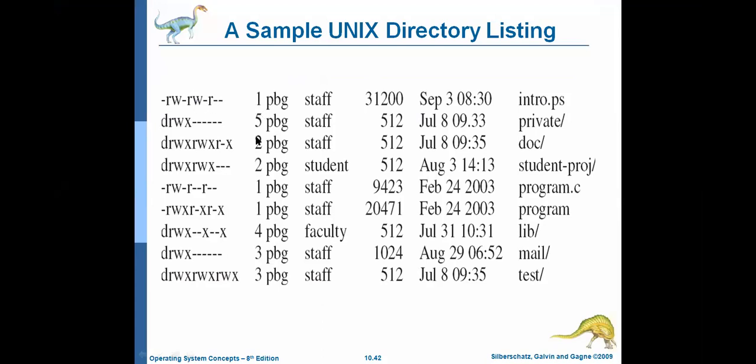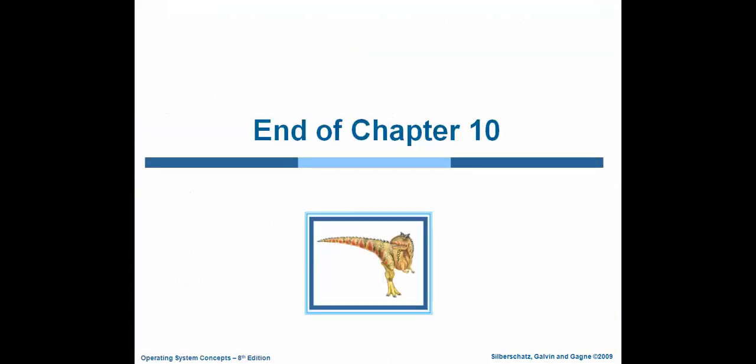And this 1, 5, 2, all these are the hard link count. Next column is the owner or creator of the file. And the next one, group name. And this one is the size of the file or directory. And the date and time and the file or directory name. Okay. So when we long list the file or directory, it will look like this. So that is the end of